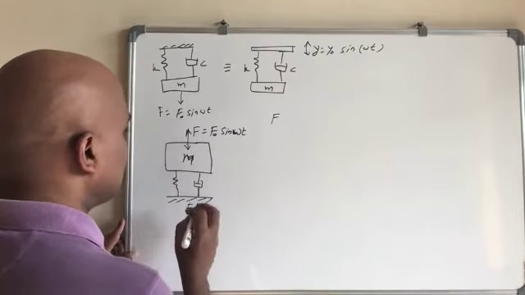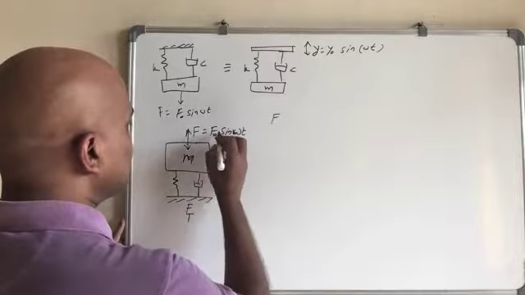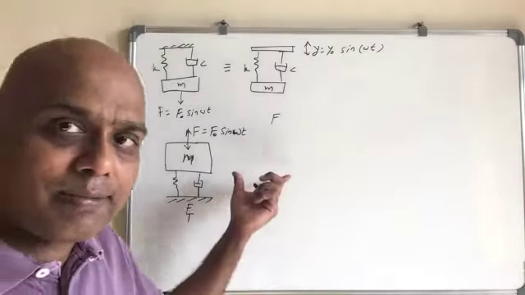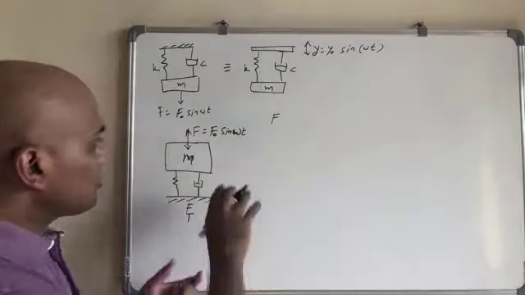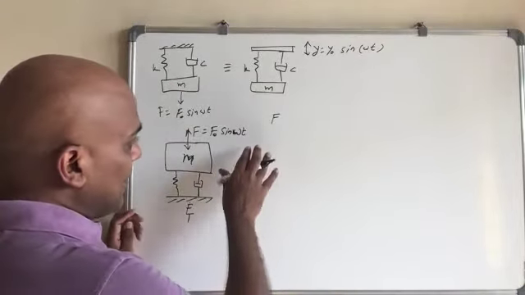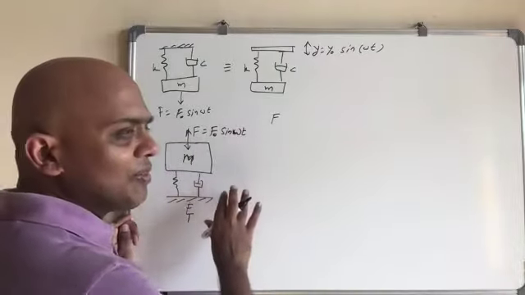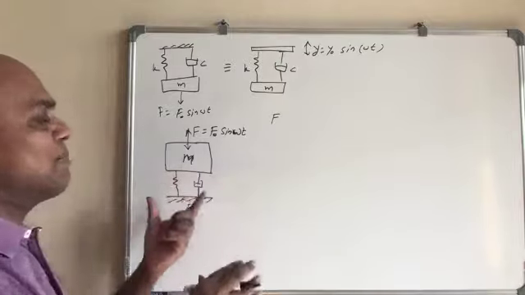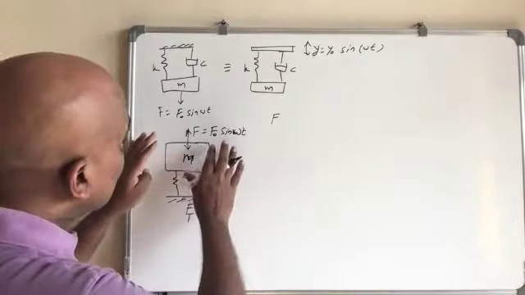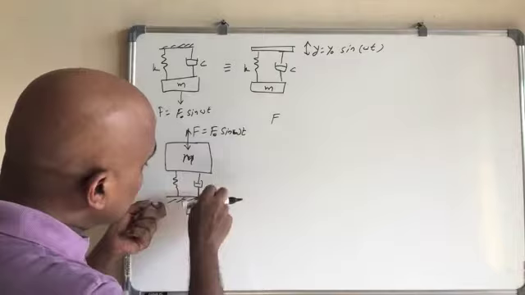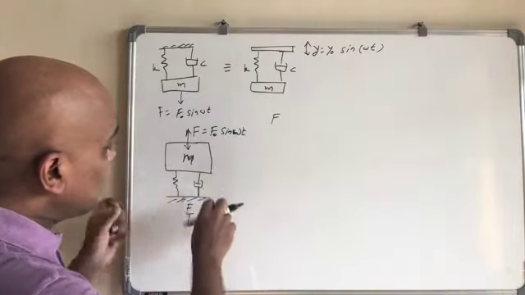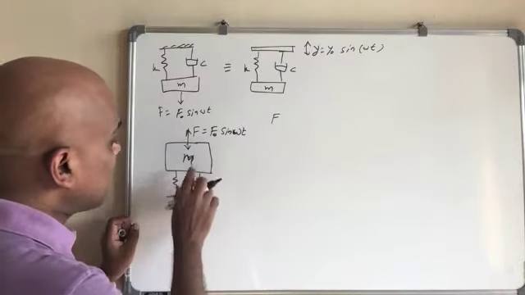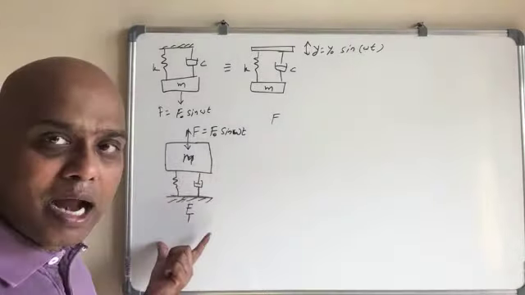This is a force transmitted to ground, and this is F naught, which is the magnitude of the force basically. Now this is one way to represent one engine, and then you have engine mount, and then because of this spring and damper attached to that, through that the force goes to the ground.